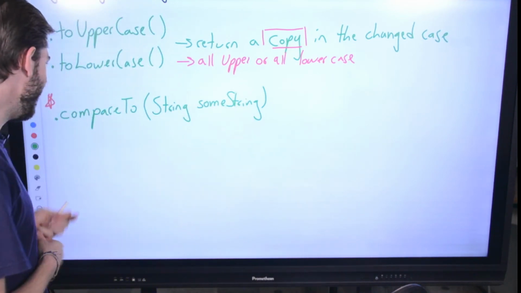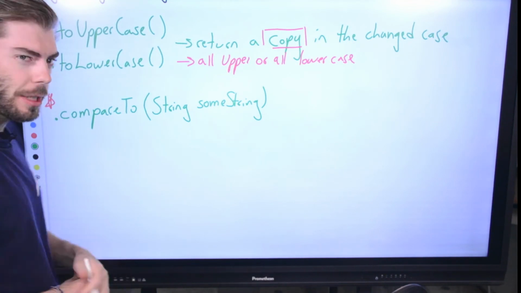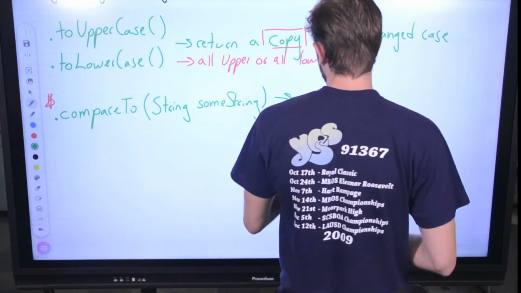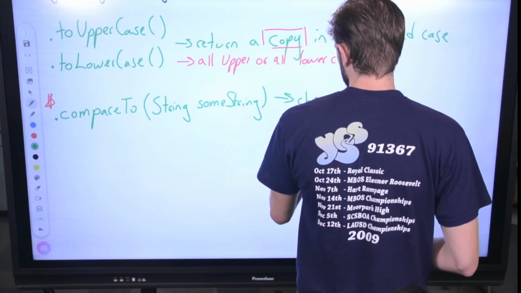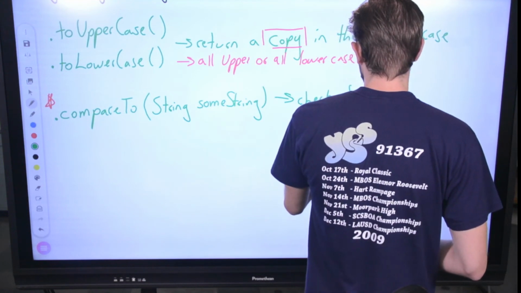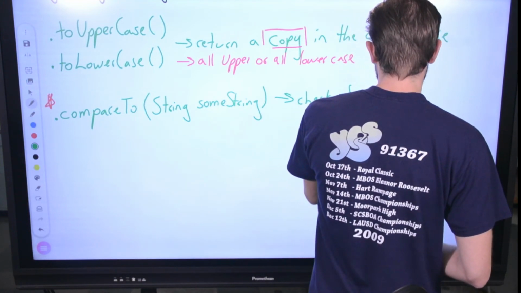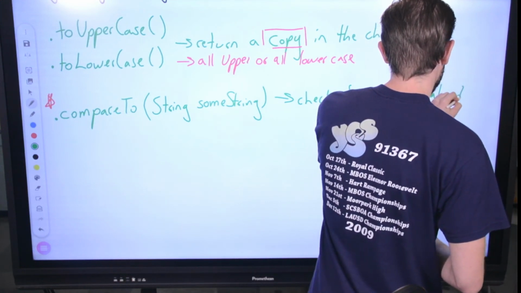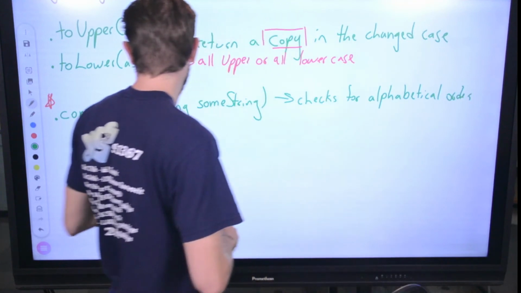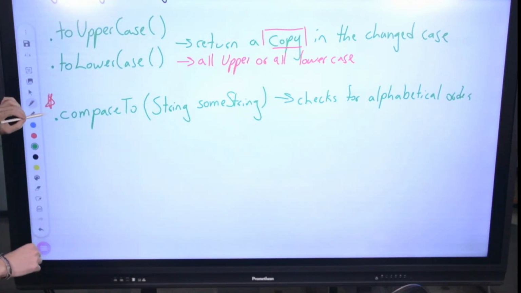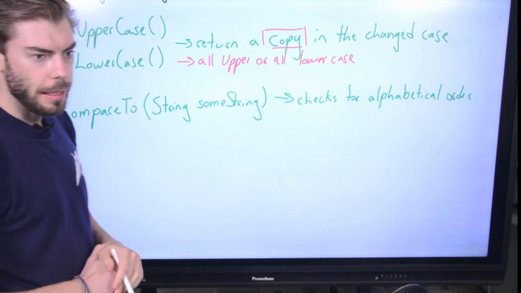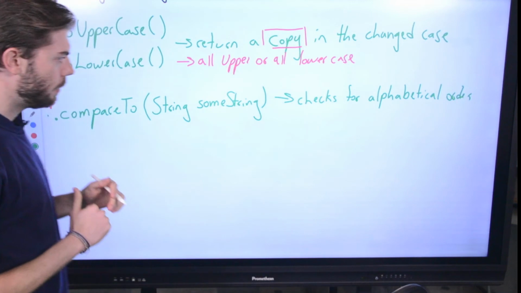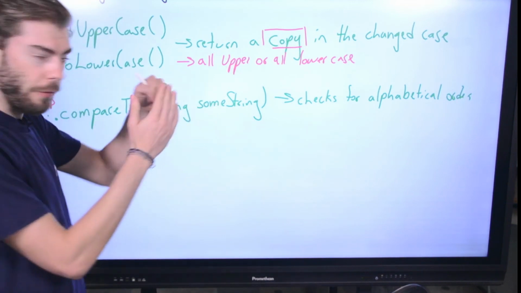But what it does is it essentially alphabetizes. So it checks for alphabetical order. So if our variable over here is in front of this one, so it should be in front of it in alphabetical order,